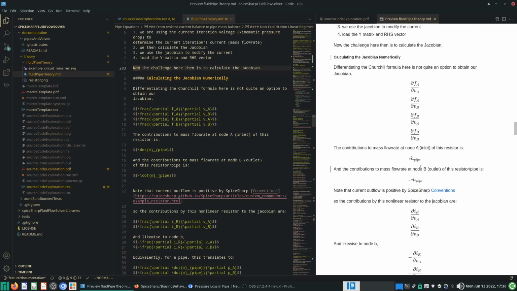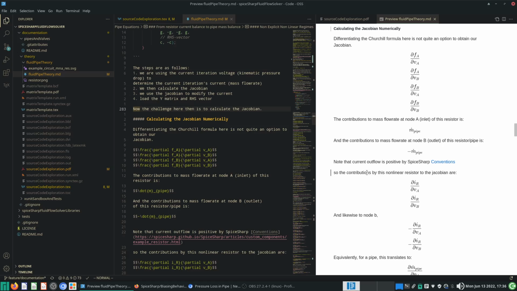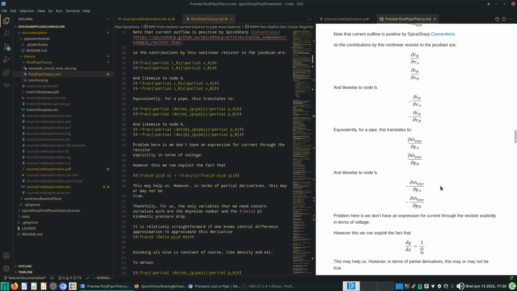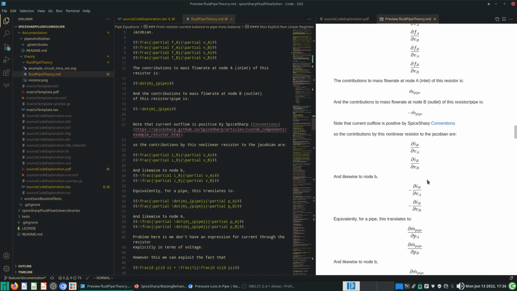So what are the contributions by this nonlinear resistor to the Jacobian? This is the part of understanding how the nonlinear resistor Jacobians work. Once we understand that, we can then take a look at translating it to the pipe. So here,